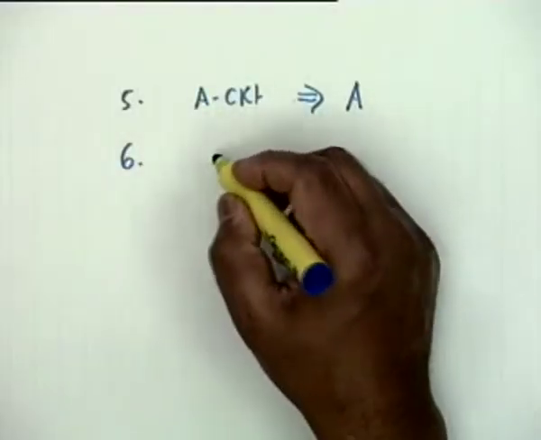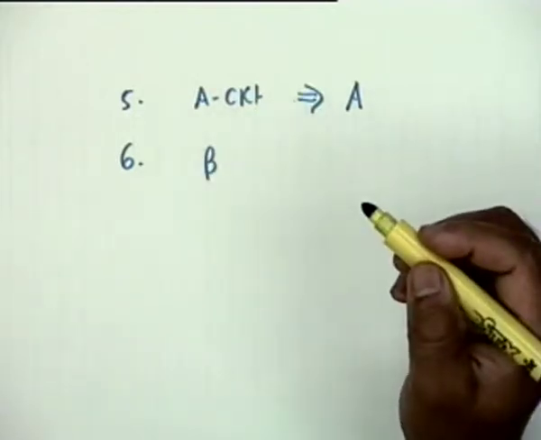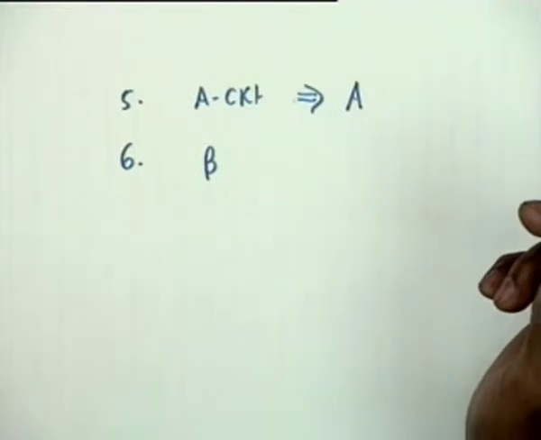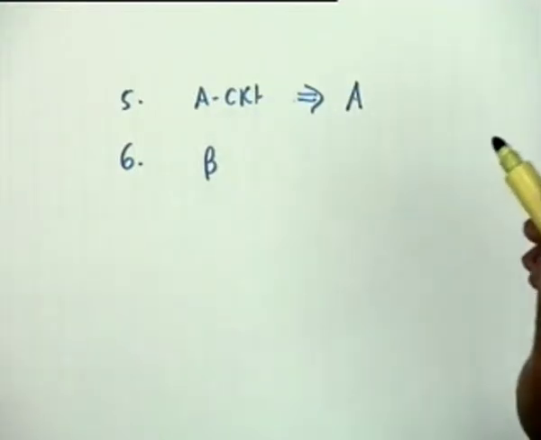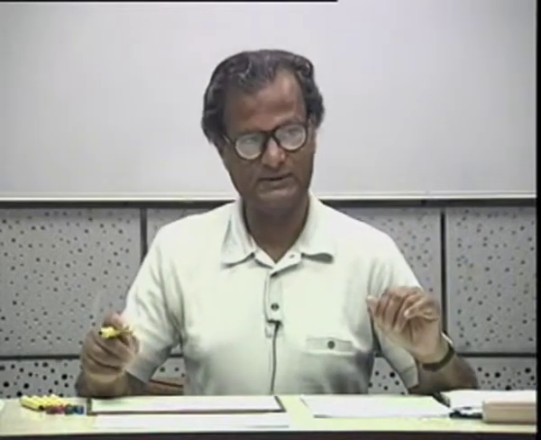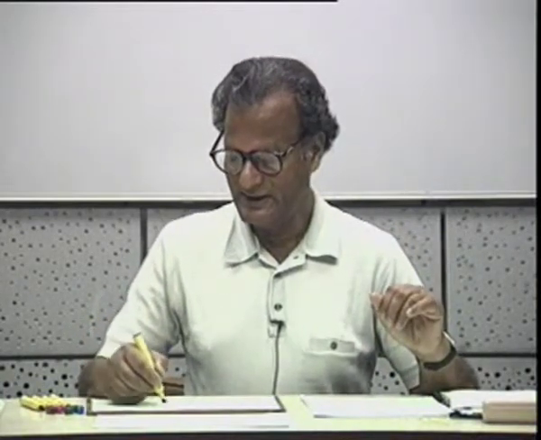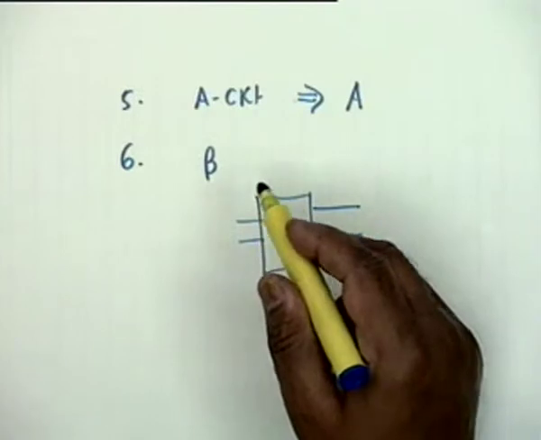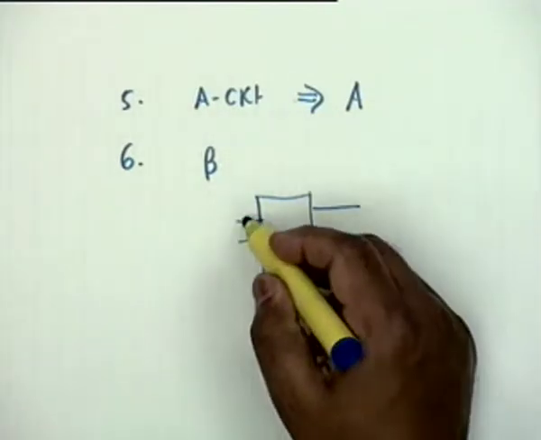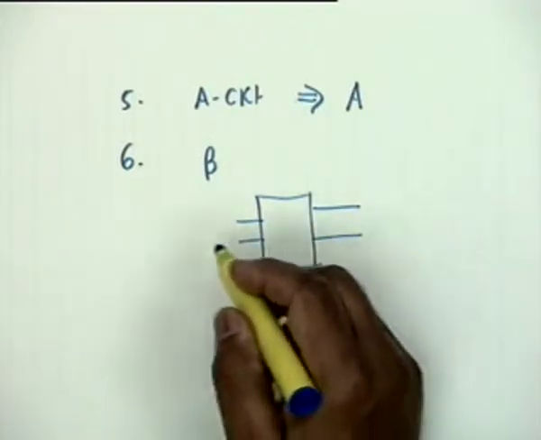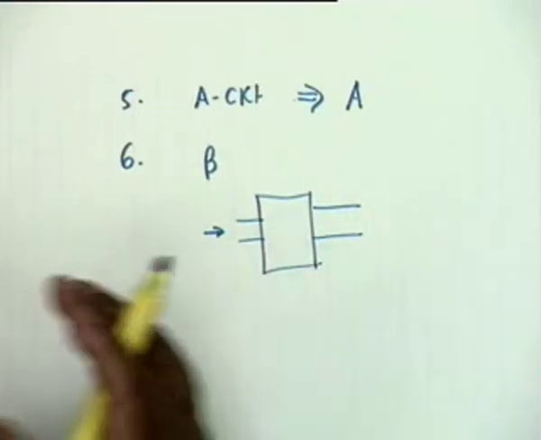Then number 6, determine beta, depending on the kind of connection that you have made. And it is always good to remember that in the absorption of the feedback network impedances, the impedance that is seen from the output port will depend on whether the input connection is series or shunt. If it is series, then you leave it open. If it is shunt, short it. Similarly for what you absorb at the RS end.